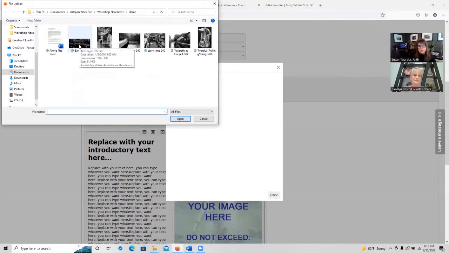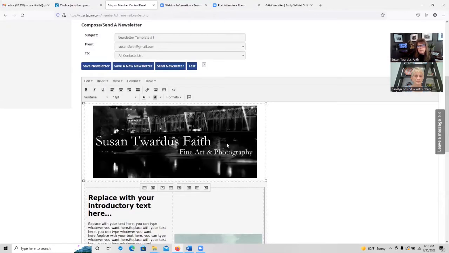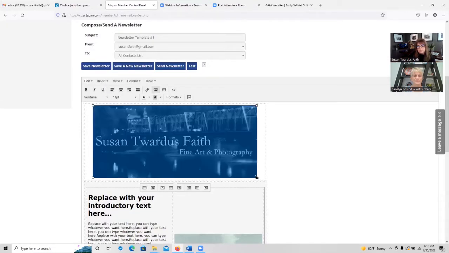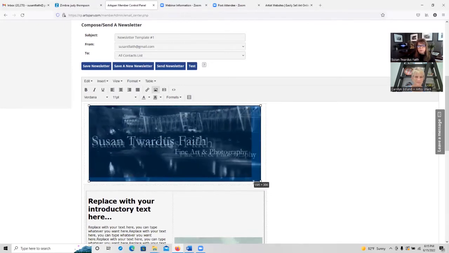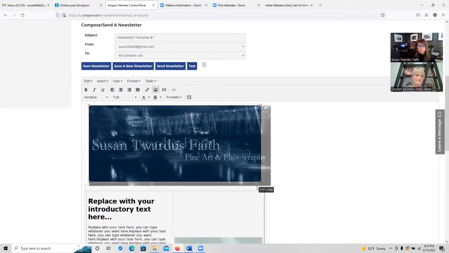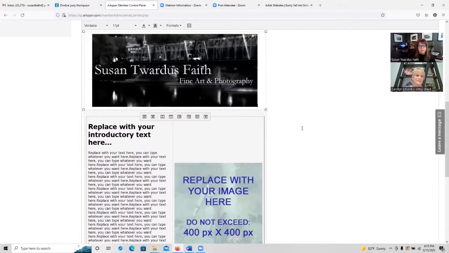Now I'm going to go over here to the banner. And as you can see, the largest side is 700 pixels, so it should slip right in there. I'm going to double click on it. And it does. It just fits itself perfectly in there. I can, if I want to, make it a little bit larger. I can make it a little bit smaller. You just need to click on it and move the corners.